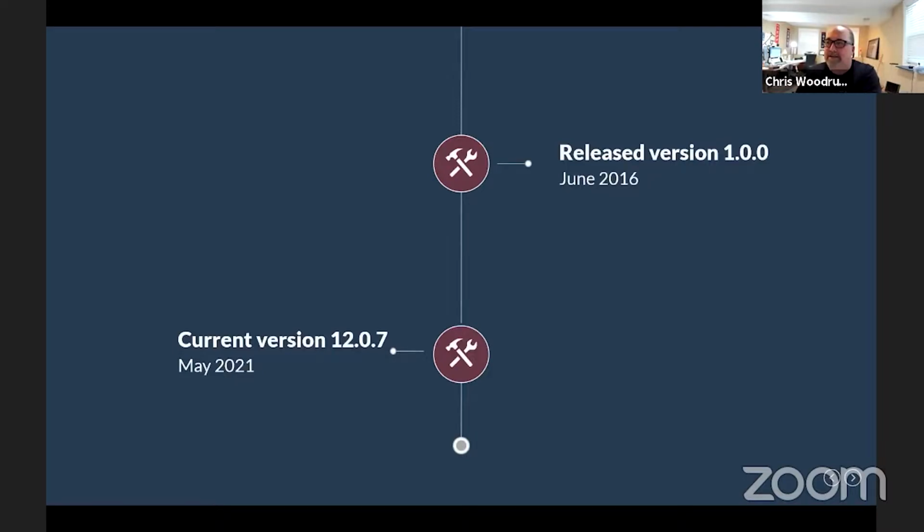In June of 2016, version 1.0 was released, and as of this month we are up to 12.0.7. And just to show you how quickly Electron has grown, the last time I gave this talk, the current version on this slide was 3 point something.